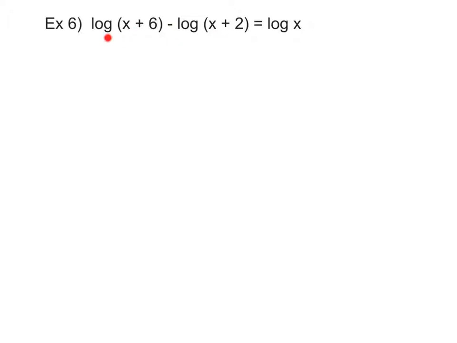But look what other exciting stuff we get to do. See the fact that I've got 2 logs on the left? I'm going to put those together. What is this minus sign? Logarithmic properties, when I'm subtracting, what are you doing? Yeah, divide those. So I actually have log of x plus 6 divided by x plus 2 is equal to log of